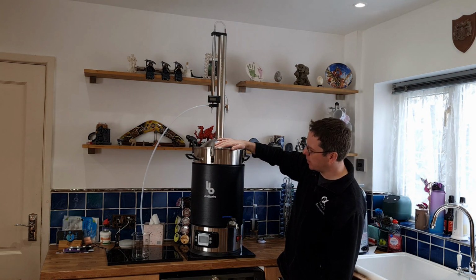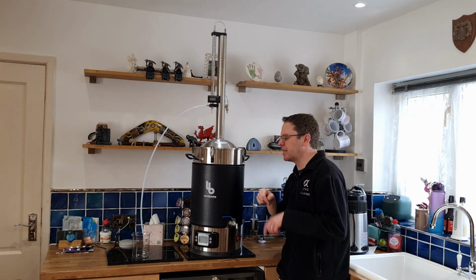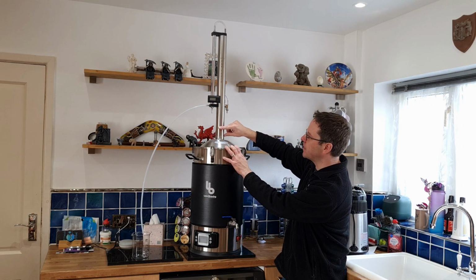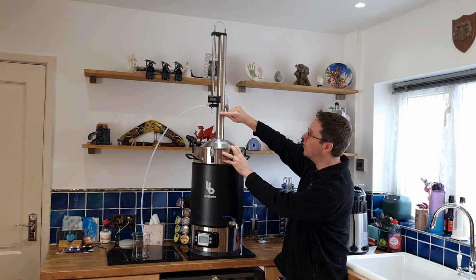Now, the way this works is, say, this will be full of stainless steel or copper, little small bits of packing. This heats up, turns into vapor, comes up to here, and then when it touches the colder metal, it'll fall back down again. That gets a little bit warmer. And it keeps going up a little bit further, and it keeps getting warmer and warmer until eventually you get